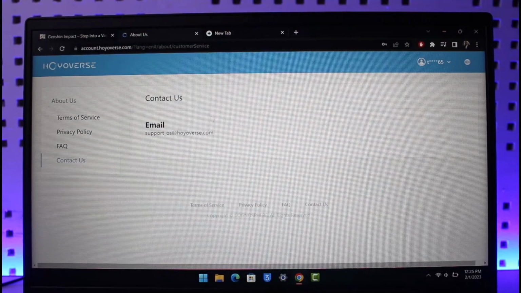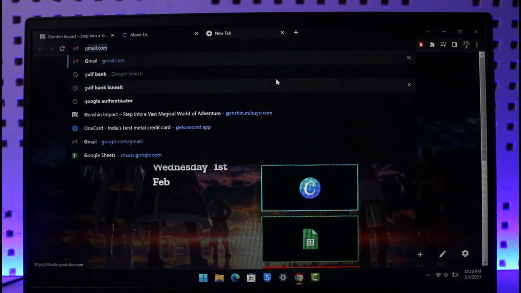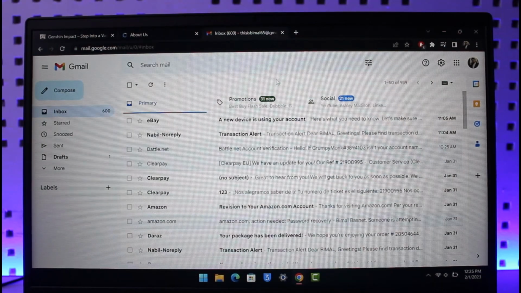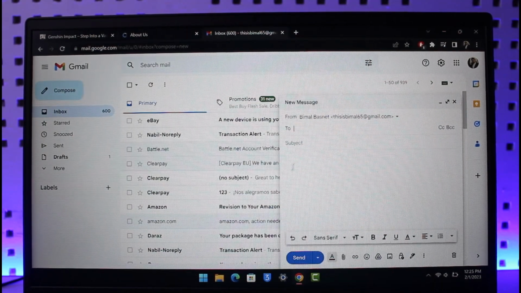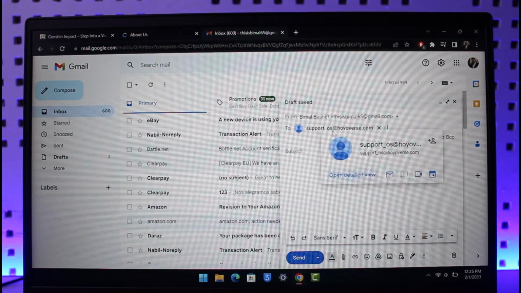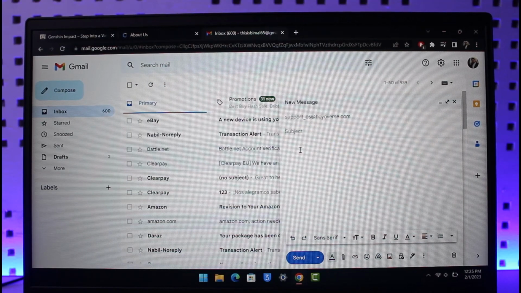And once you copy the support email, just open up a new tab and then go to your mailing service. Once you open up Gmail, Yahoo, Hotmail, or any mailing service that you use, you want to compose a new email and send it to this very email that we copied, which is support_os@hoyoverse.com. In the subject line, you simply want to enter that you need help with a username, so just type in username help needed, and then in the body section you just have to type in